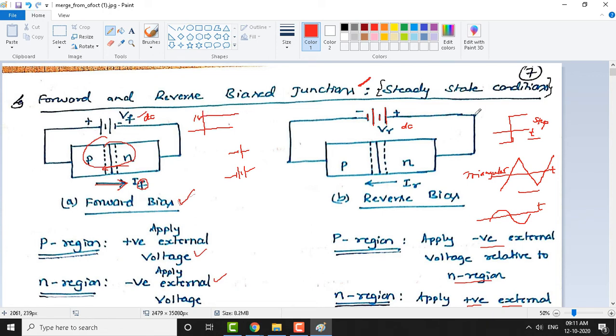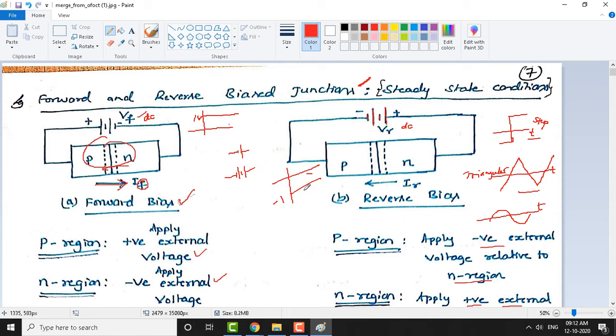Negative is here, you can see. In this case, we apply negative voltage something like this. This is the 0 axis and the negative voltage may be minus 1 volt. So here we have negative voltage and here we have positive voltage. And now we are going to study, with reference to this positive voltage and negative voltage, how exactly the diode behaves.